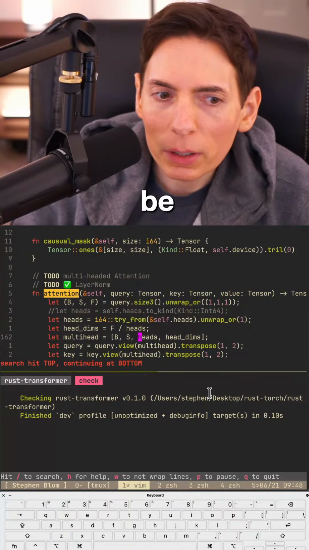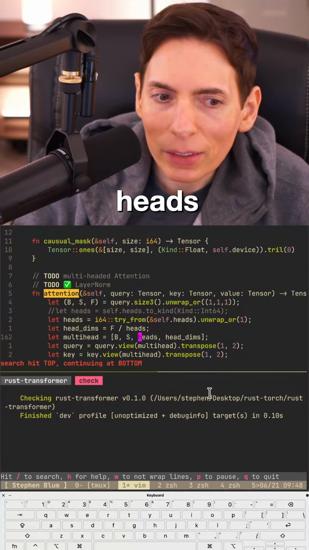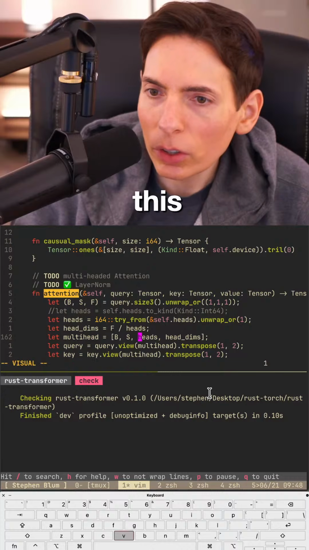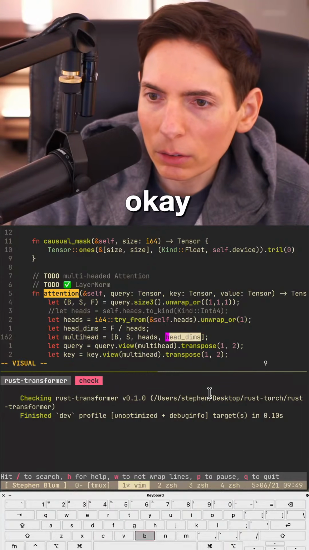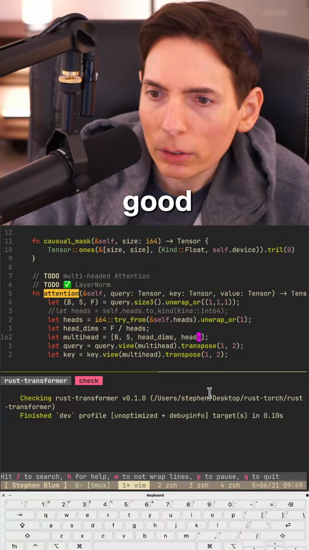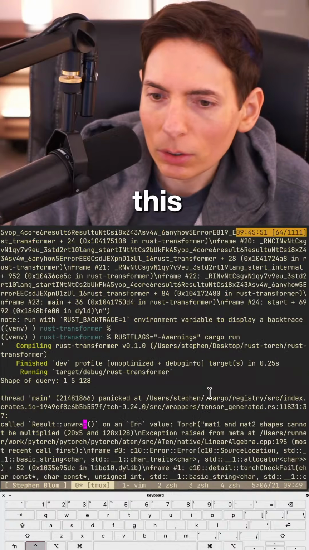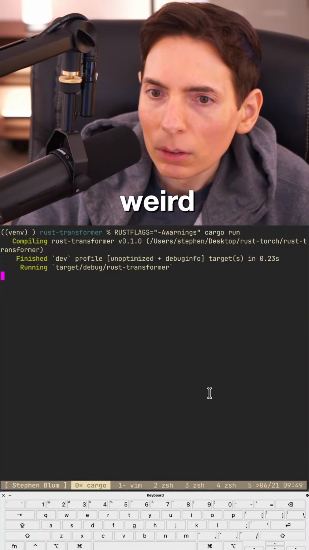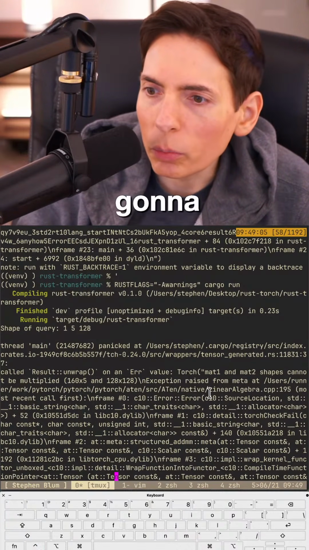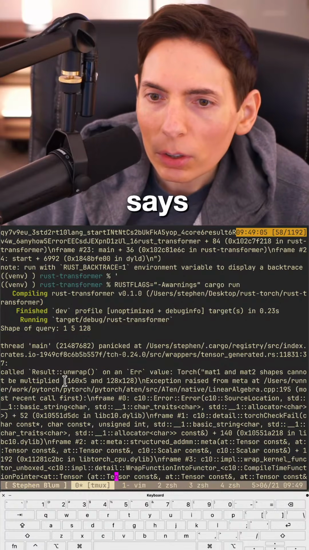Do I want it to be number of heads and then head dimensions? So this is the number of heads and the head dimensions. Okay. So this is already good. This would be wrong if I did it like this. It'd be weird. What's the shape it says? Yeah, it's a weird shape.